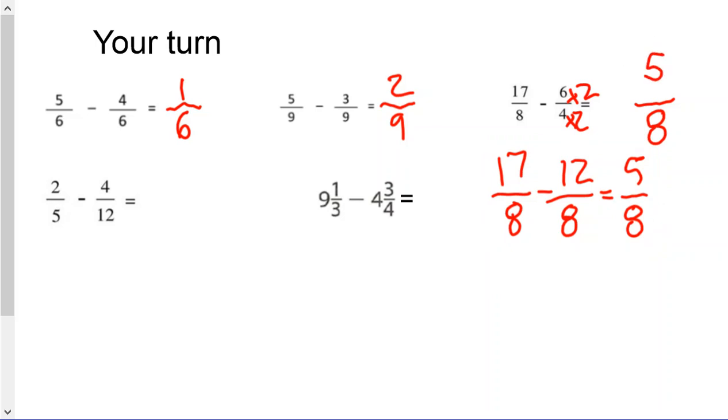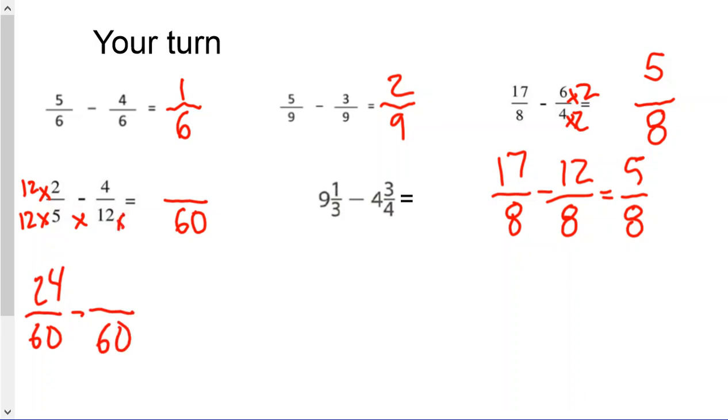Alright, 2/5 minus 4/12. Well, 5 and 12 are not really easy numbers to find a common denominator, so I'm going to multiply them by each other. So 5 times 12 will give us 60. So our denominator is going to be 60. And I know that I needed to multiply 5 by 12, so we got to do it to the top. Okay, so now we have 24/60 minus